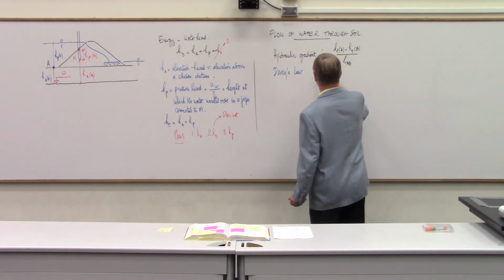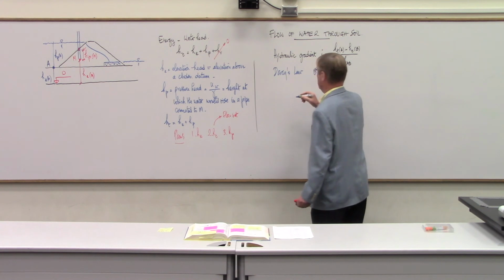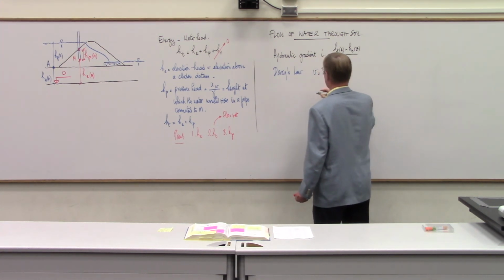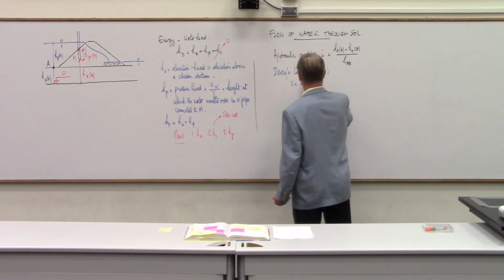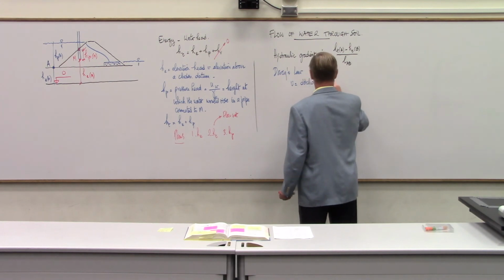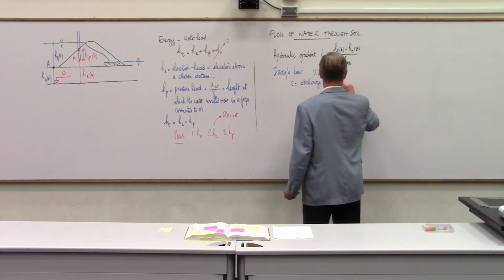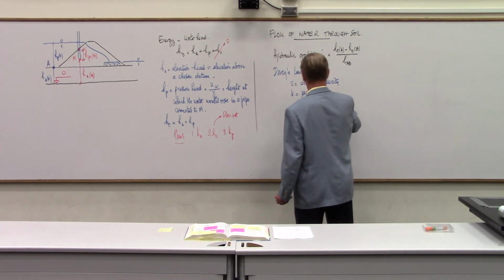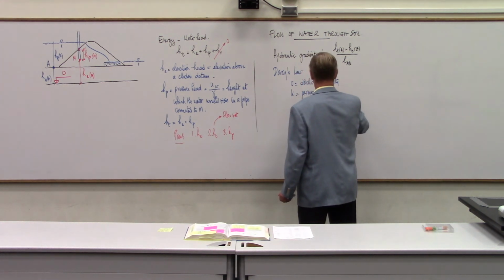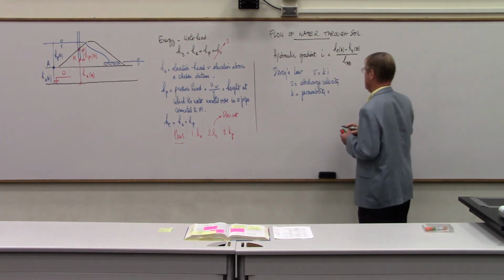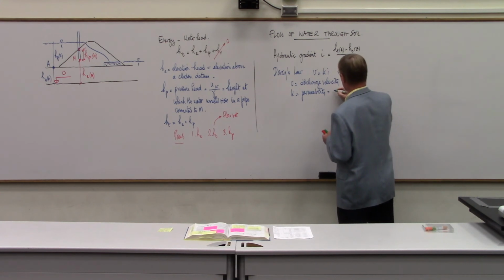And Darcy's law states that the velocity, the discharge velocity, is equal to K times I. So V is discharge velocity, K is permeability of the soil, more theoretically correct would be hydraulic conductivity,